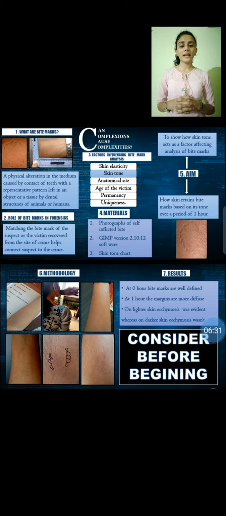To conclude, I would like to say that although bite marks are used worldwide in many criminal prosecutions as evidence, still there are a lot of questions being raised, mostly on its accuracy and also on its reliability. This is not really true. As mentioned earlier, if we consider different factors, not just the skin tone of an individual, but also different factors that influence bite mark analysis like the skin elasticity, the age of the victim,